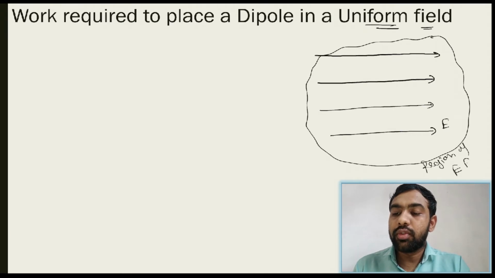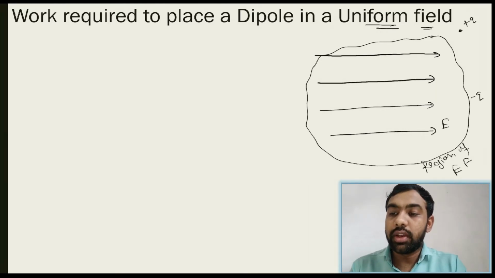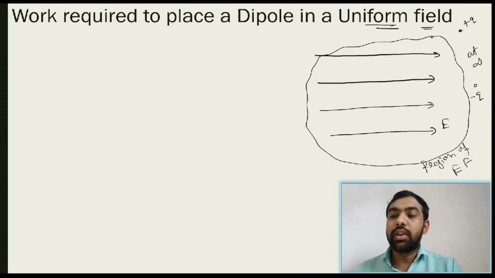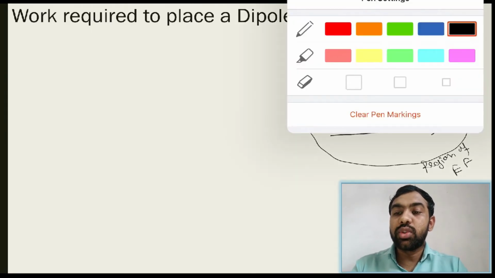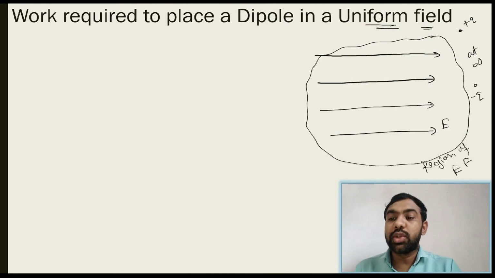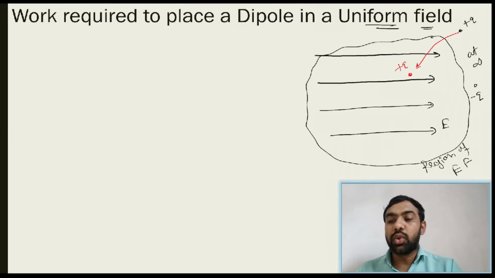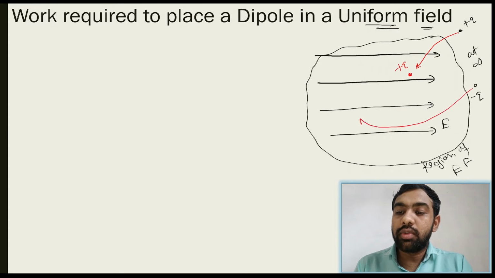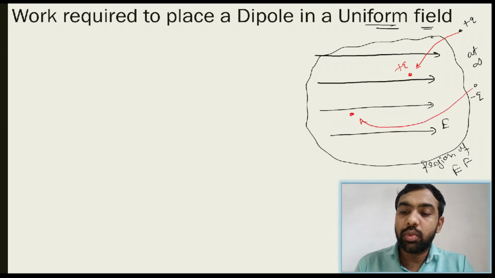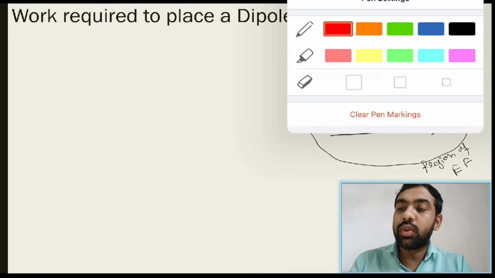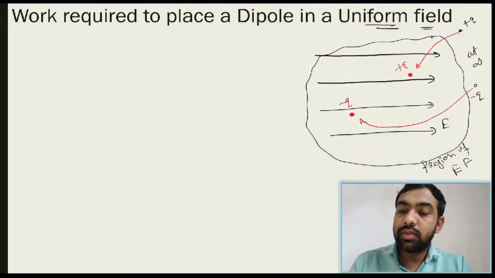Region of electric field. So here some charge is placed already, plus q and minus q at infinity. At infinity. Now you place these charges into the field. You place both these charges into the field. So q is placed from infinity to this point, here the plus q, and minus q is placed somewhere here from infinity to this point. Minus q, and the dipole is formed. Due to this, what happened? A dipole is formed.